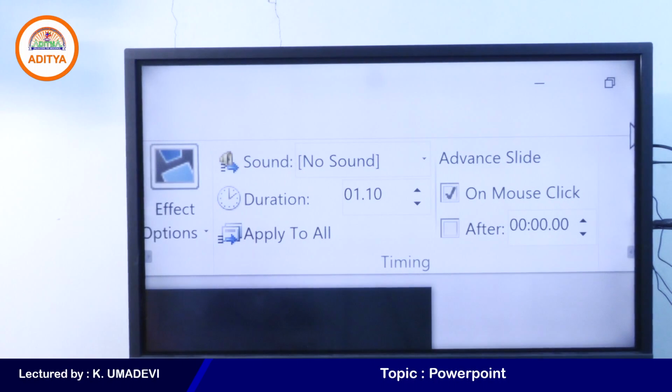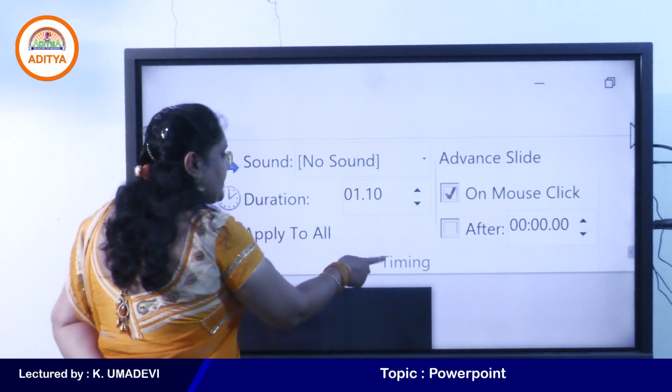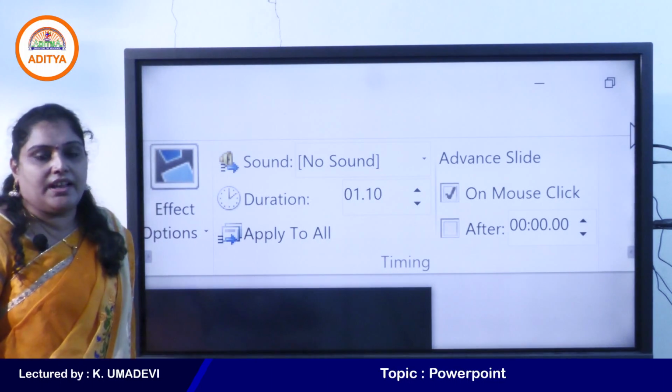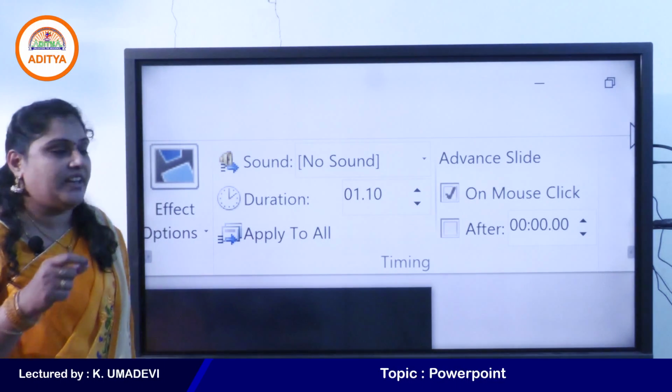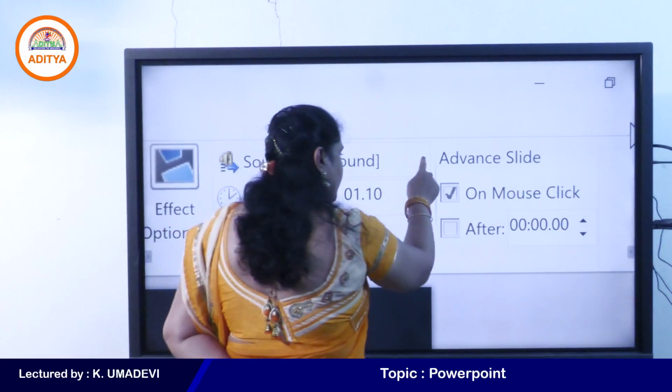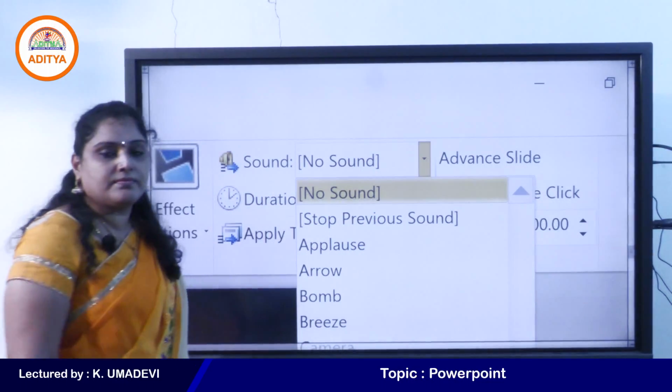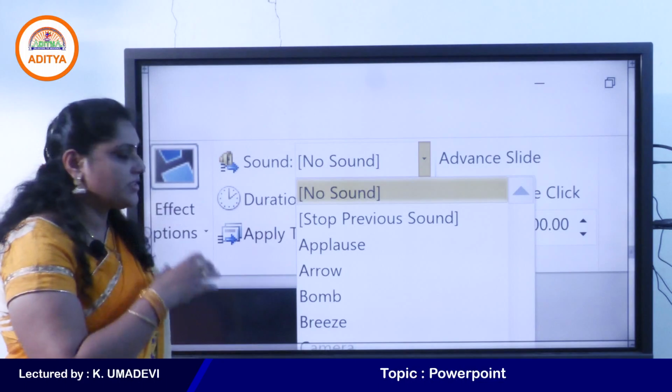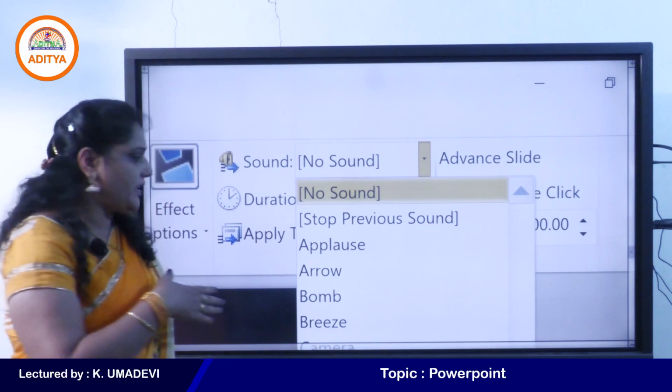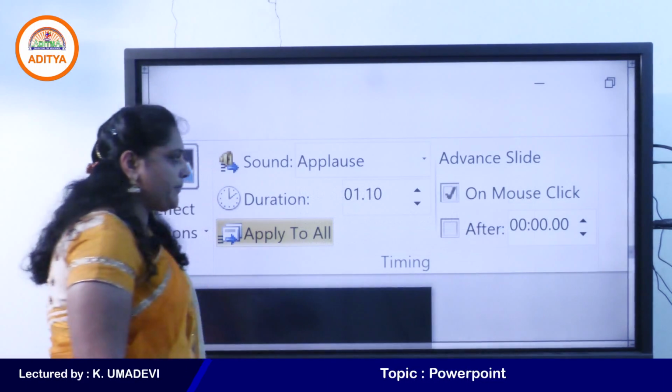Now just observe this group, students. This is the most important group under the transitions tab, the timing group. By using the timing group, we can apply sounds to the slides. During a presentation, the sounds will be applied to the slide transitions. For example, applause.